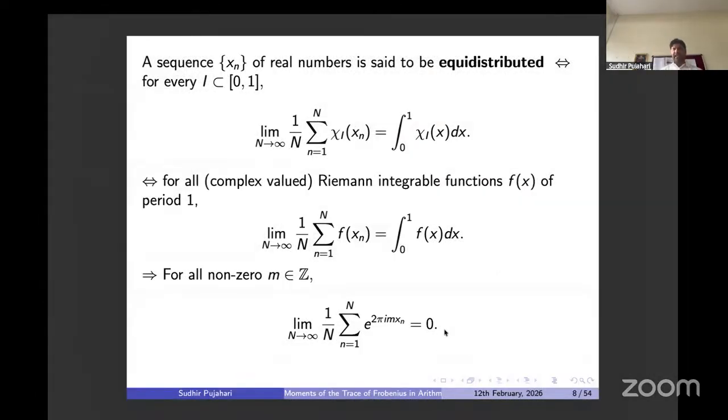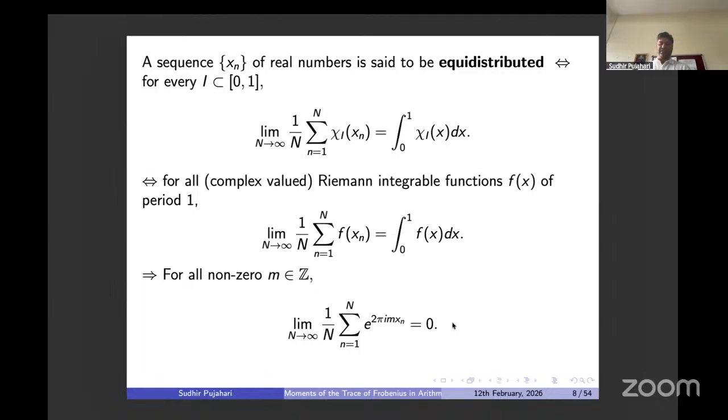So just by rewriting the definition, we produced a necessary criterion. If a sequence x_n is equidistributed or uniformly distributed, necessarily the exponential sum is equal to 0. Right? So one of the natural questions is, then what about the sufficient condition? If this is 0, is it necessarily